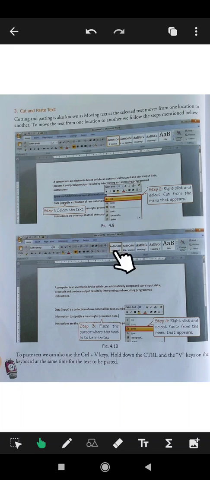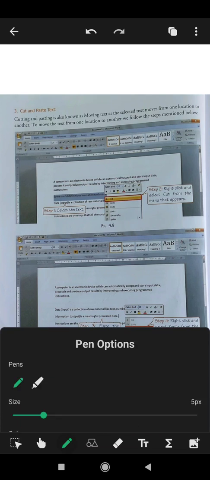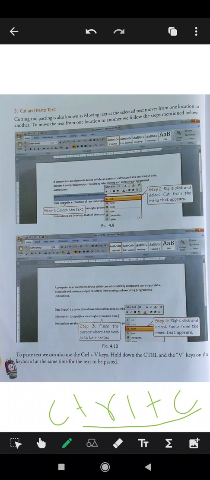This is for copying, and this option given over here, Ctrl+V, is used for pasting.